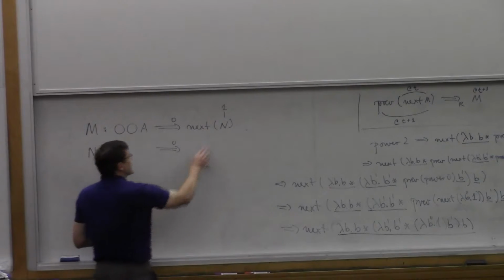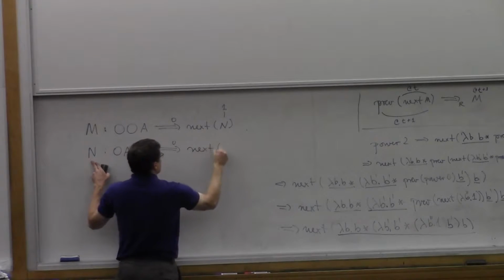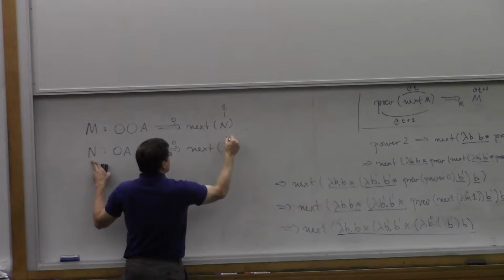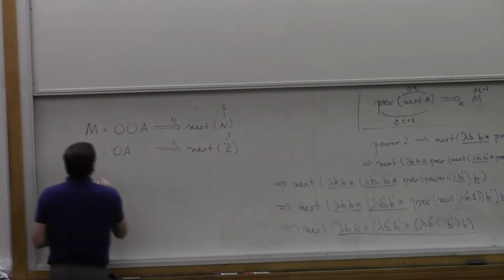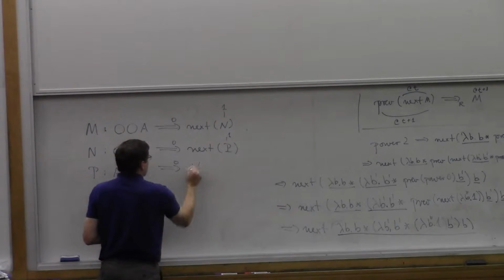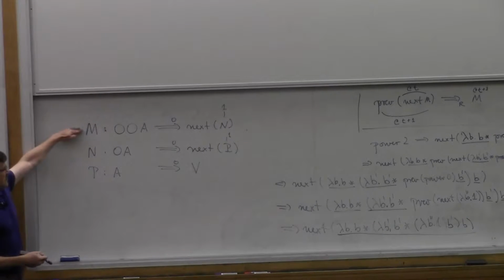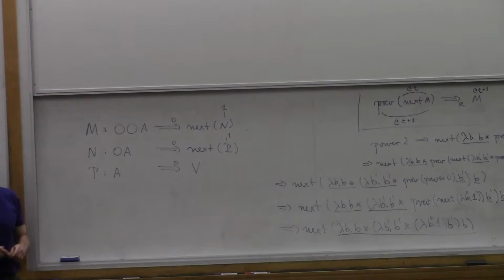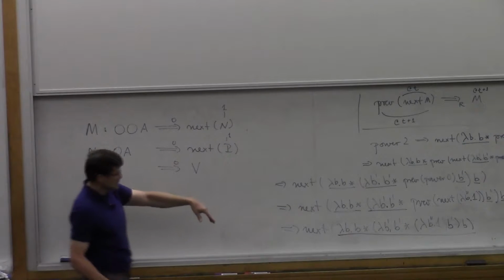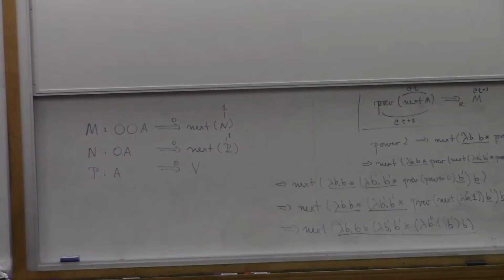We could formulate it differently. We could start evaluating time 1, but we can also do it this way. We get next of p, where p is at time 1 again, and then we can take p of type A. We can evaluate this at time 0 to some final value v. So each time corresponds to one global phase of computation, where we reduce everything at time 0 in our original typing, then everything in time 1, then everything in time 2, and so on, to get a final answer. And that's partial evaluation.